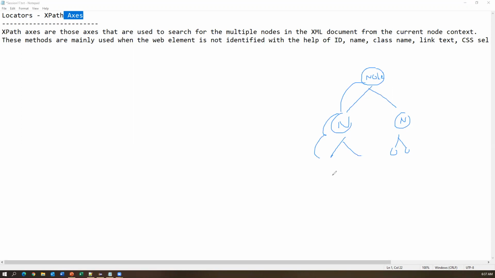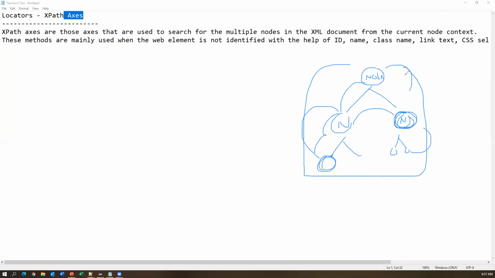Suppose I want to locate this element, I can locate it directly by using some other node. That means I can traverse throughout the DOM by using XPath axes. I can locate this element from here or from here or from here. So from anywhere in the DOM, I can locate this element. So this is basically called an axis.